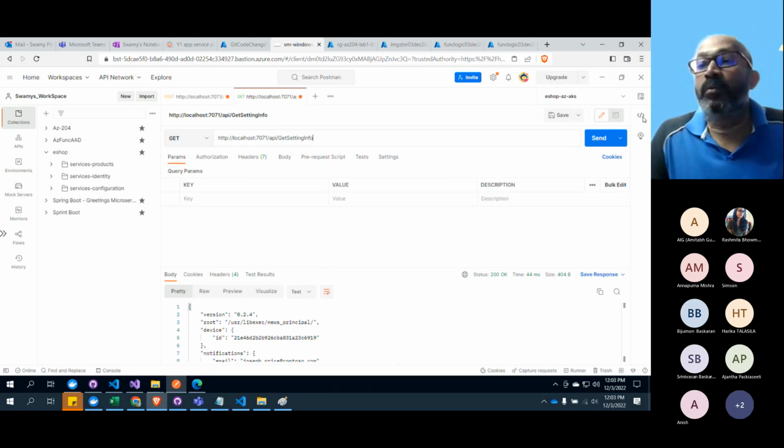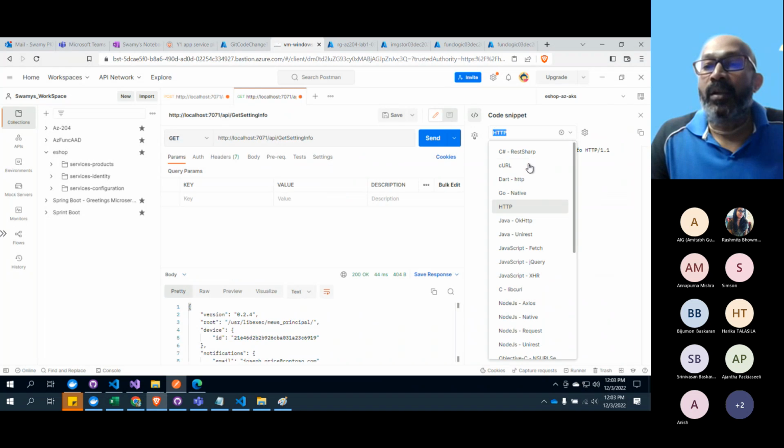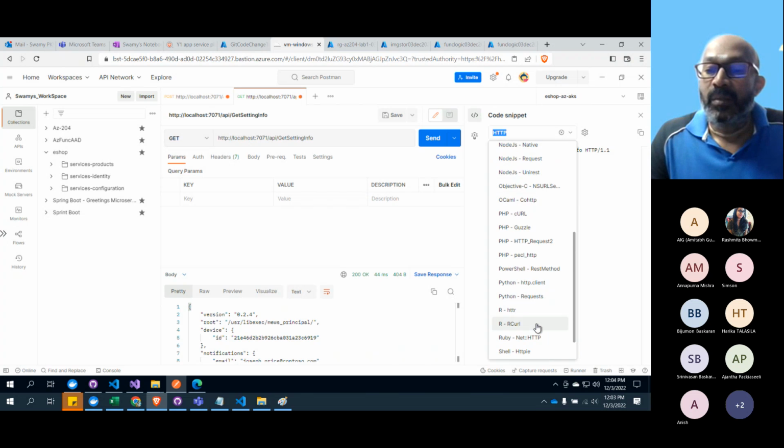See, if you don't know how to use curl, here you can see the code snippets. You can use RestSharp or Java, JavaScript, Node.js, Python, Ruby, Shell, and so on.